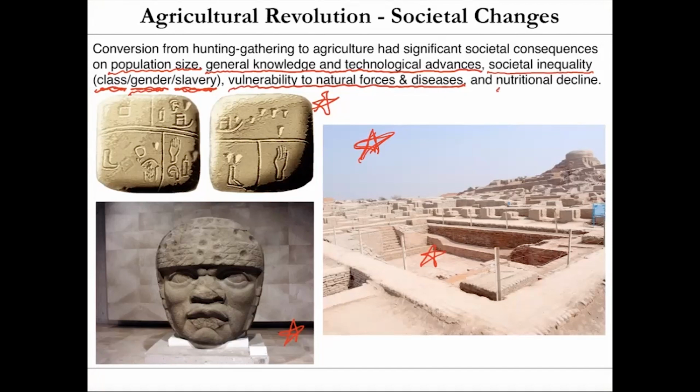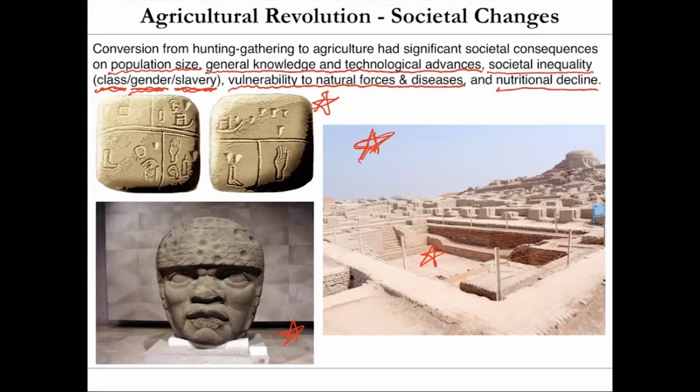And also nutritional decline. If you imagine you're living in a hunter-gatherer society, you want to go get some food. Well, maybe you check your traps, you have a squirrel, you go to the stream, you can have a small fish that you had in there, and you know that there's wild mushrooms and some wild onions and some wild potatoes that you can eat. That's a pretty complex nutritional diet. Slaves in Egypt were basically just drinking beer and mushy bread and stuff like that. And so that's when you start to see even the pharaohs in Egyptian tombs all had terrible tooth decay and diseases and stuff like that,